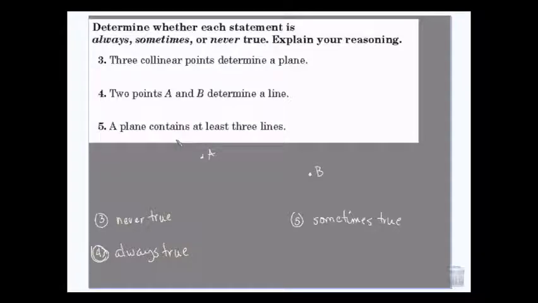I thought 4 would be sometimes true because a line can be determined by center, like. Well, the definition of the line, remember we said our postulate says that any 2 points have exactly 1 line going through them. So there is a line that goes through these points. It always exists. We may choose not to use it, but it's always going to be there. Does that help? Okay.